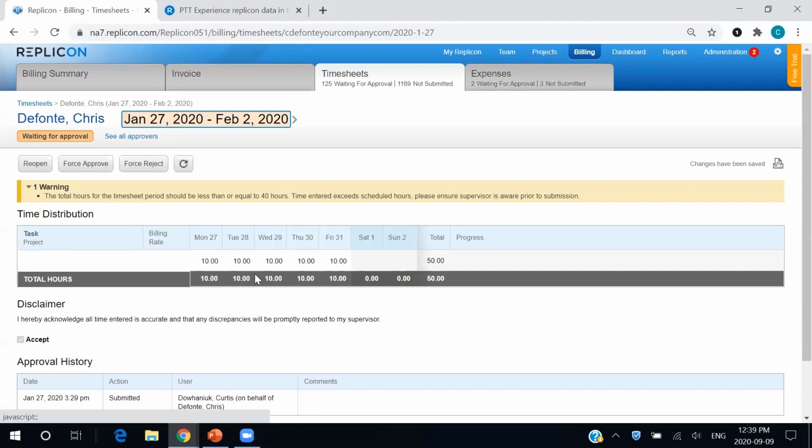And for some organizations, this is more than enough. But unfortunately, Chris has not entered his hours in our parameters, which is we only want 40 hours or less a week, and he's entered 50. So things are not correct. So there's a couple things I can do here. One, being his manager, I can go in, reopen his timesheet, and I can adjust his hours efficiently, but we